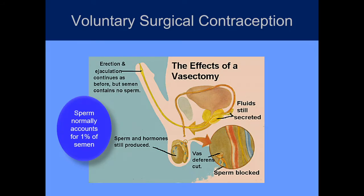A lot of women who have tubal ligations, if they're doing it separate from childbirth, a lot of women who are having a C-section will have a tubal ligation at the same time, so they can sort of have one big thing. But if you're doing it separate from childbirth, it's usually done laparoscopically with an opening through the belly button. But for the doctor to be able to see what they're doing, they have to put some air into that cavity so that they can see. And so there can be some side effects with the tubal ligation that you don't usually see with the